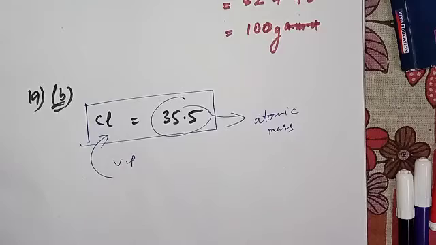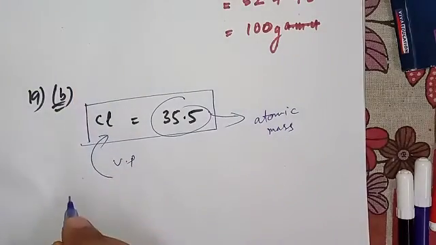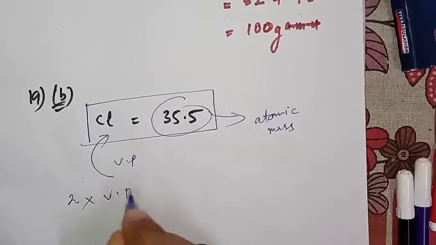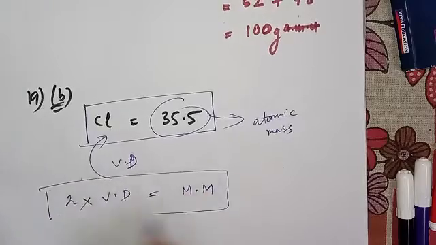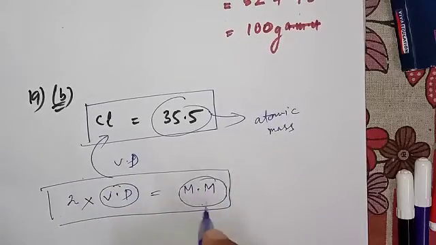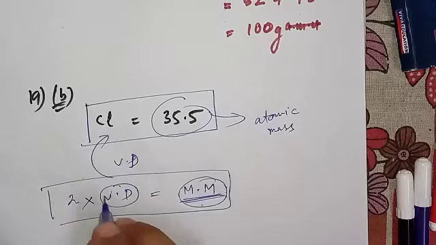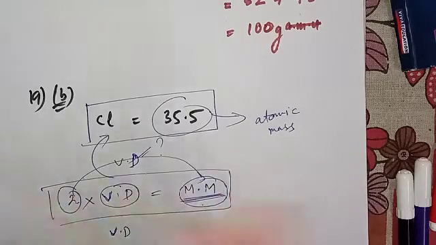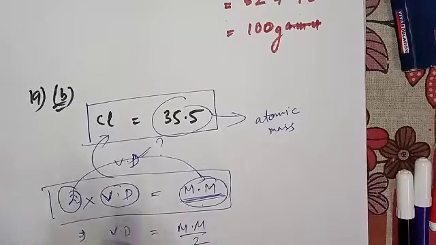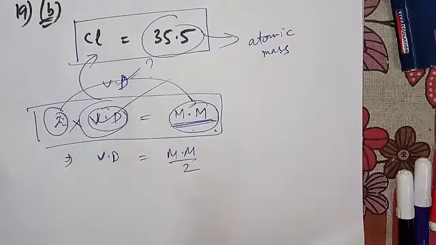It's very easy, my dear student. Just put that definition, that formula. We know that 2 into vapor density, Vd, is equal to the molecular mass of the gas. In this case we have to calculate vapor density. So we have to send this 2 to the other side of the equation. So it will become molecular mass by 2, isn't it? This is simple mathematics. 2 is going in the denominator to the right hand side, under molecular mass.